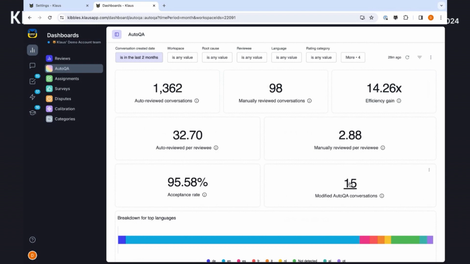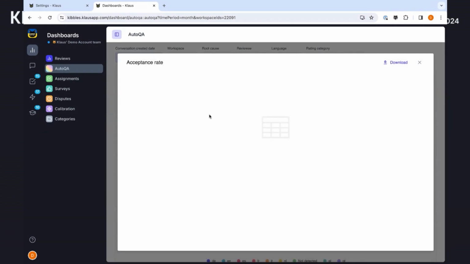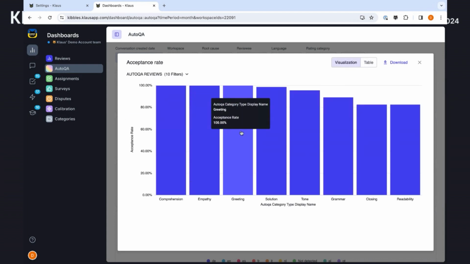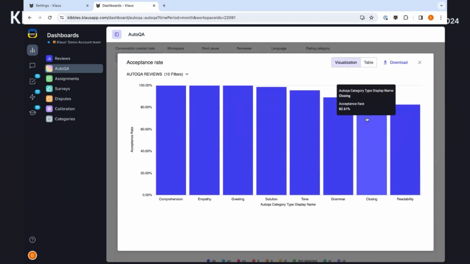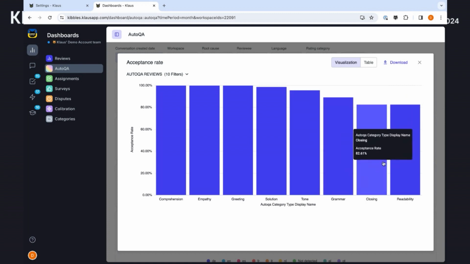And again, sort of modified QA conversations if I want to check how good AutoQA is doing. Acceptance rate also: not only do I get a list if I click this, but you can also get a graph when it loads that shows you the acceptance rate for each one. And here's a great example where we can see in our case that closing is actually a relatively low acceptance rate compared to others. So by implementing that allowed closing that we looked at before, you could bring that up